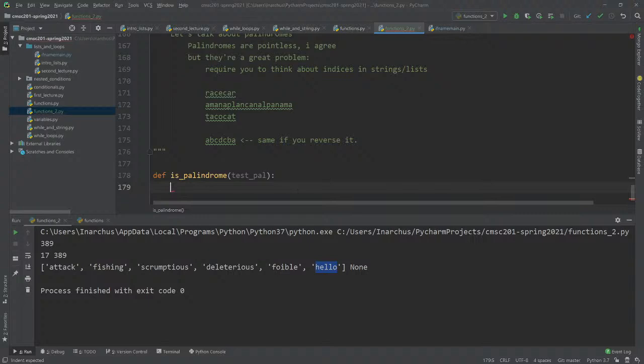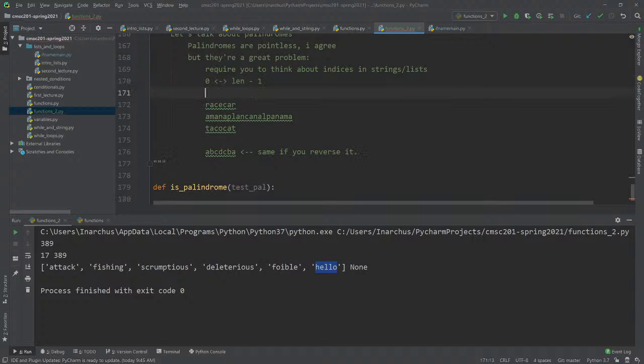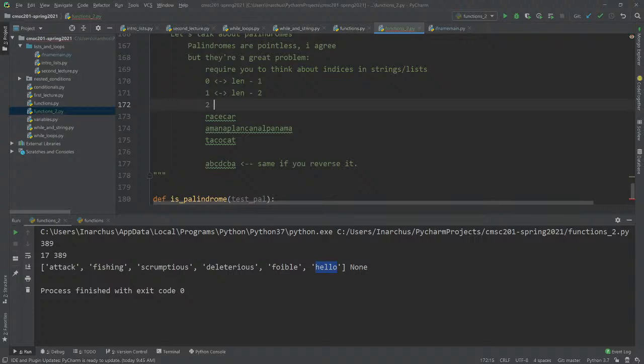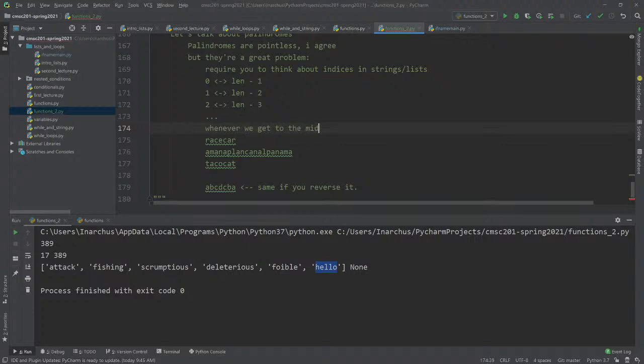I think the best way is to look at it from the perspective of what index has to match with what index. If this is index 0, then it has to match with index length minus 1. Index 1 has to match with length minus 2. Index 2 has to match with length minus 3. All the way down to the middle, and we can stop there.